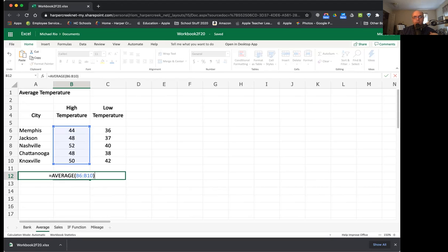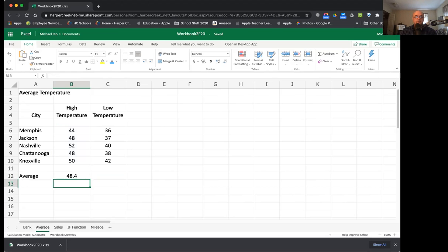Now you probably remember from like fifth grade math or third grade math or wherever you do averages that you add up the numbers. Let's say there's 5 of them, and then you divide by however many numbers there are. So if there's 5 of them, you divide by 5. If there's 6 of them, you divide by 6. And that's how you get your average. So the average function does that automatically. So if you double click and double check and your average function looks perfect, it's like, that's exactly what I want. Hit return, and it puts the average up there for these